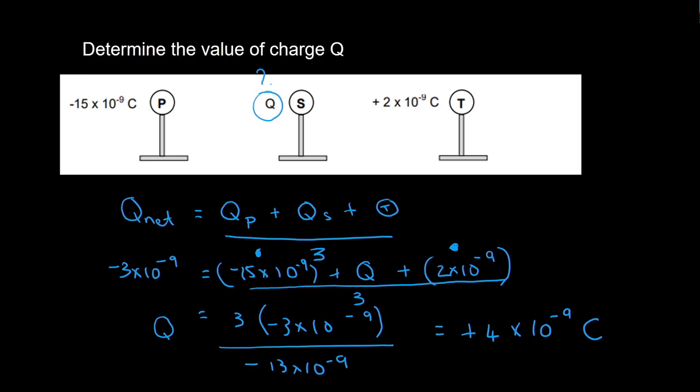All right, so that question is using our knowledge of when we put the charges together and they're touching, that there's going to be an evening out of the charge. Remember that you have to divide the total by the number of charges that you have in order to get the net charge. Right, our next question is, draw the